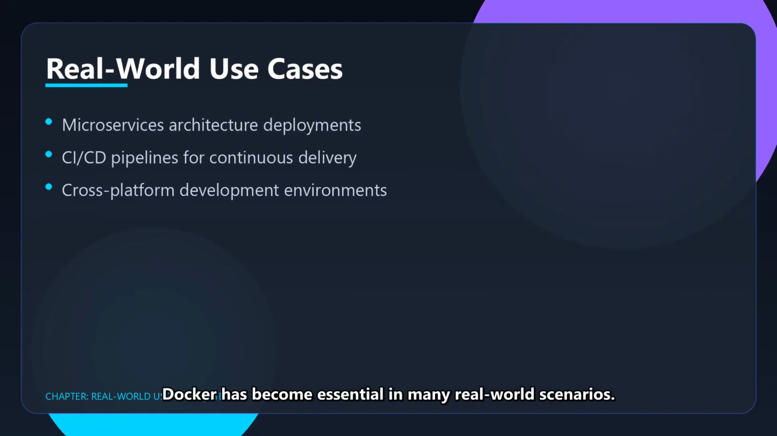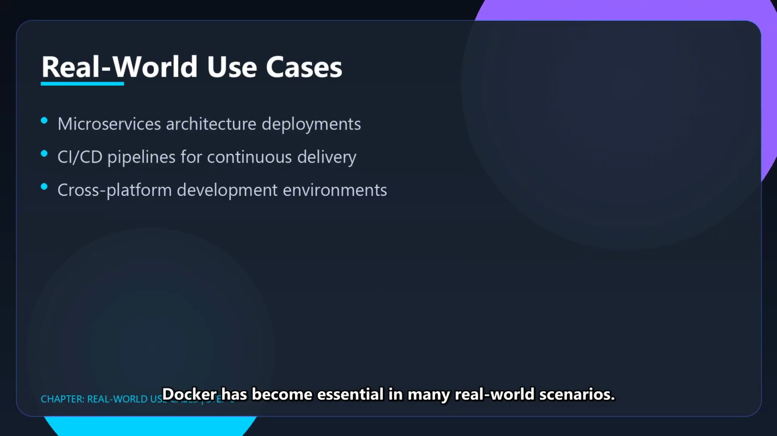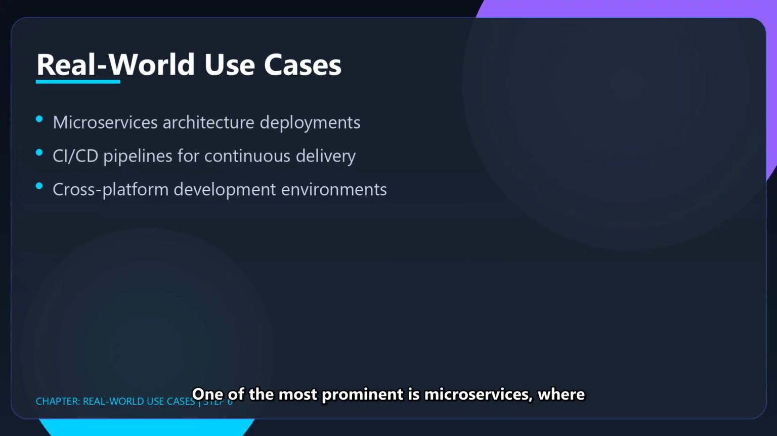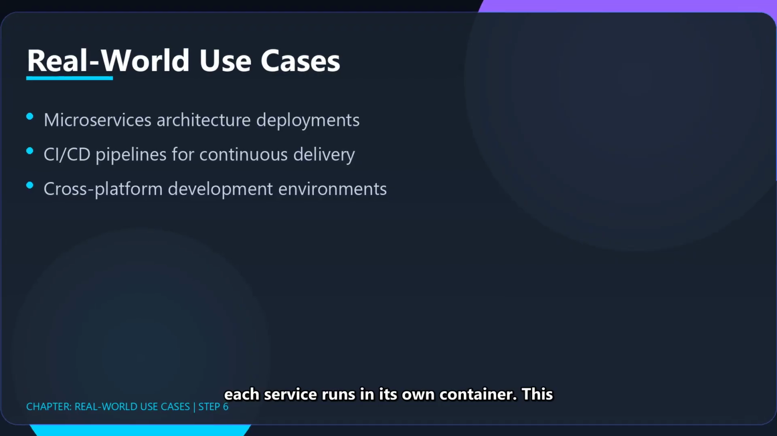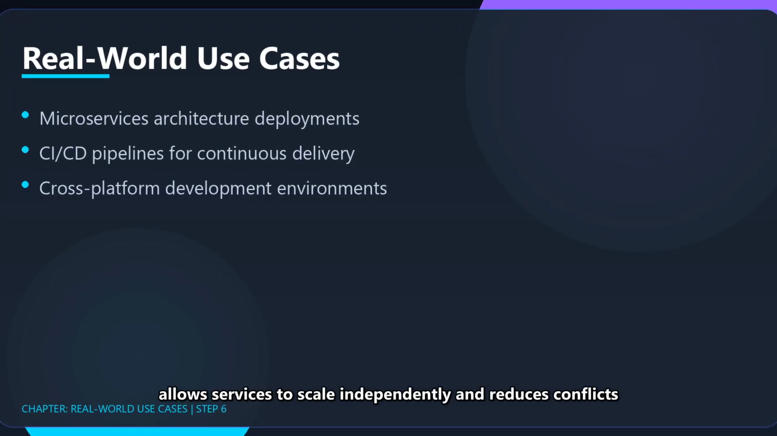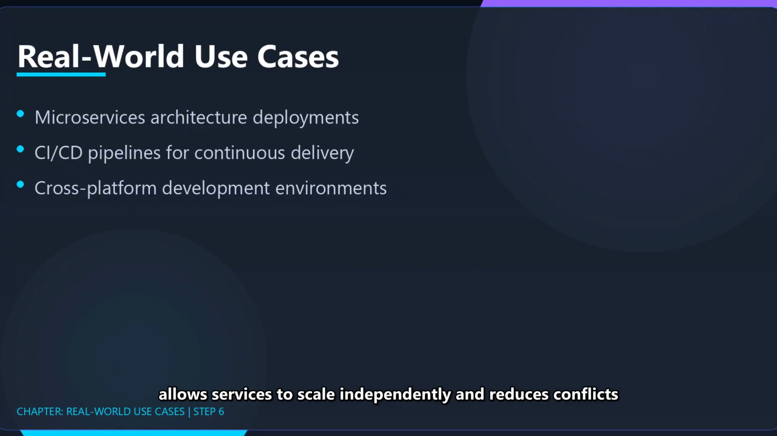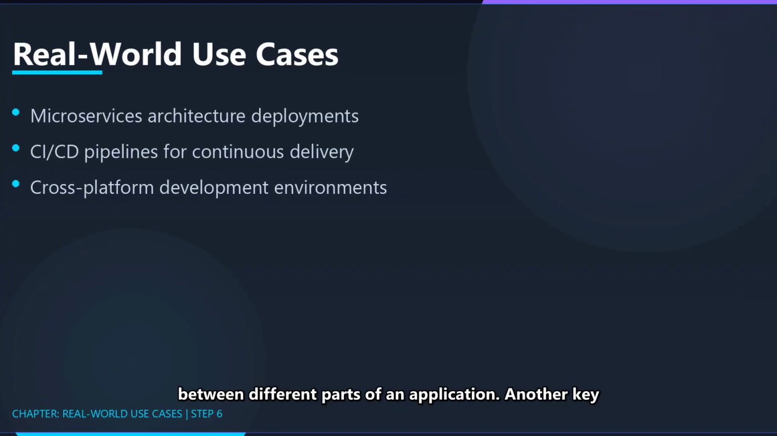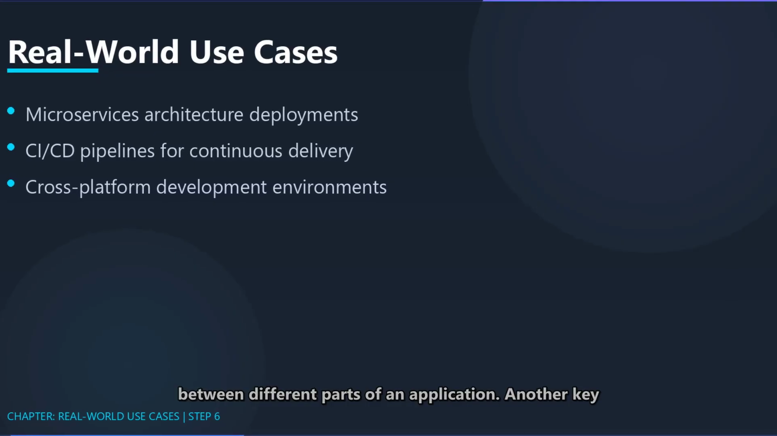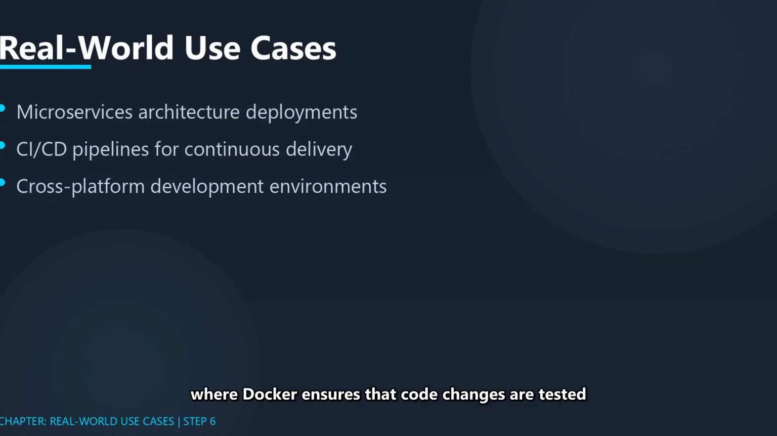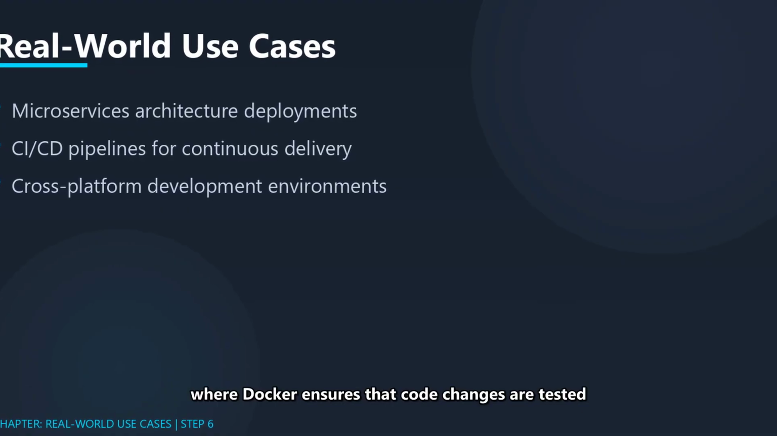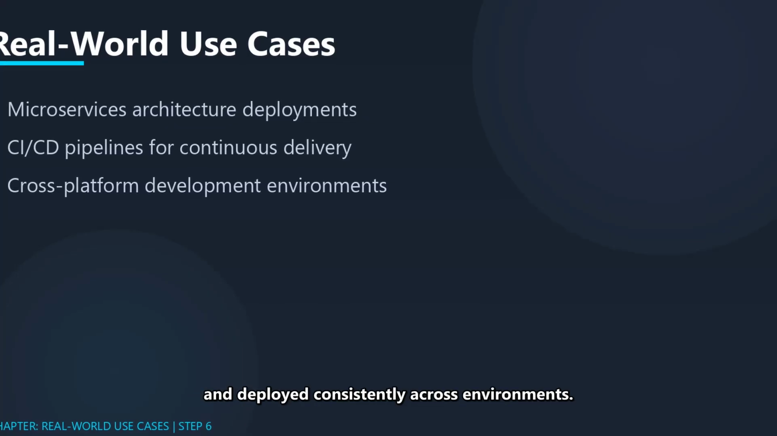Docker has become essential in many real-world scenarios. One of the most prominent is microservices, where each service runs in its own container. This allows services to scale independently and reduces conflicts between different parts of an application. Another key use case is continuous integration/continuous deployment, CI/CD pipelines, where Docker ensures that code changes are tested and deployed